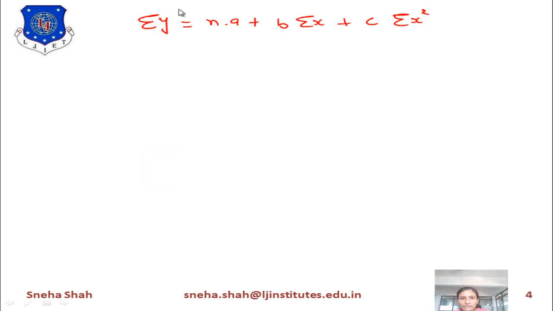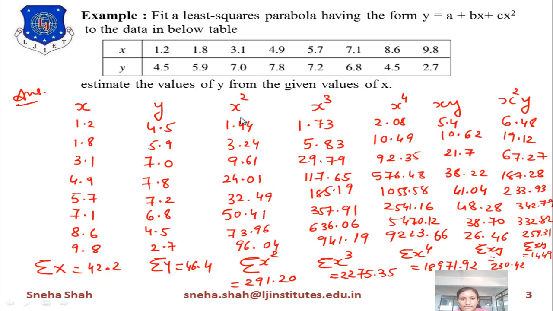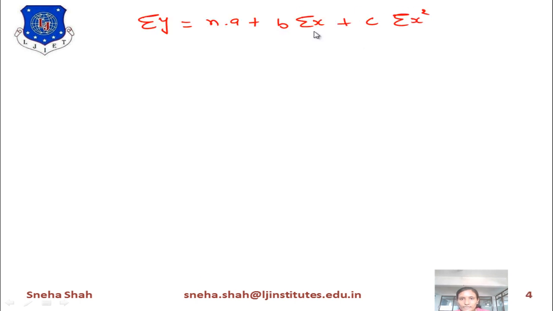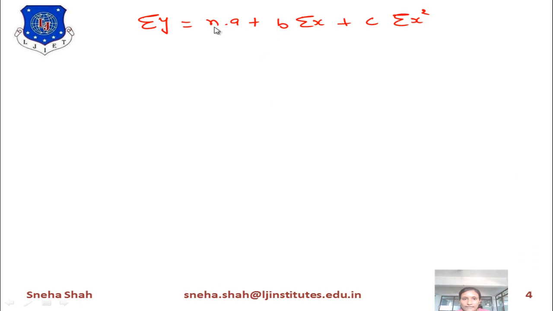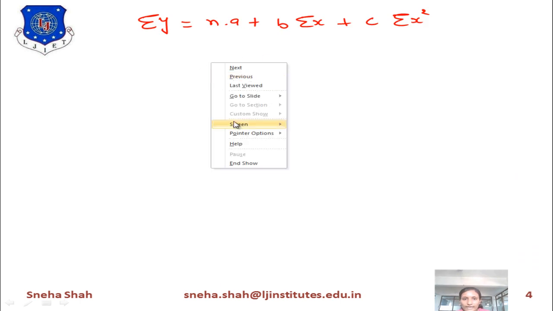Now in this equation, first of all you have to take summation y, which is 46.4. Then you have to take summation x, which is 42.2. For summation x square, we will take 291.20. So using all these terms, we can write this equation as,